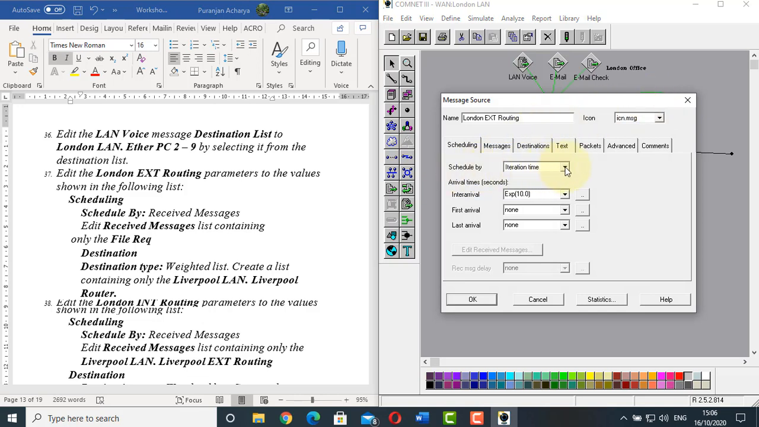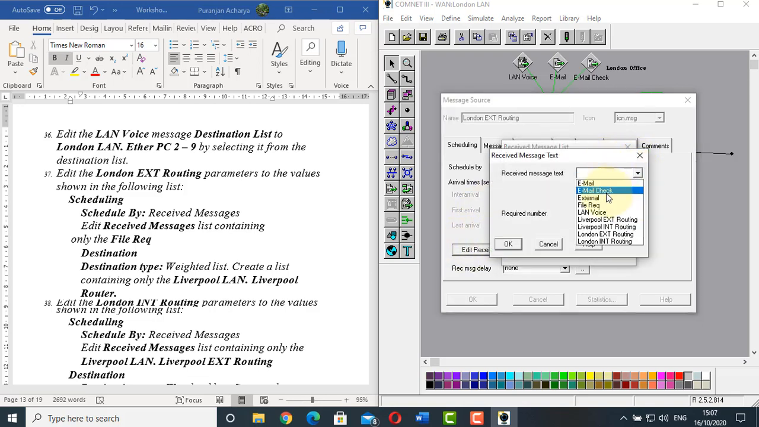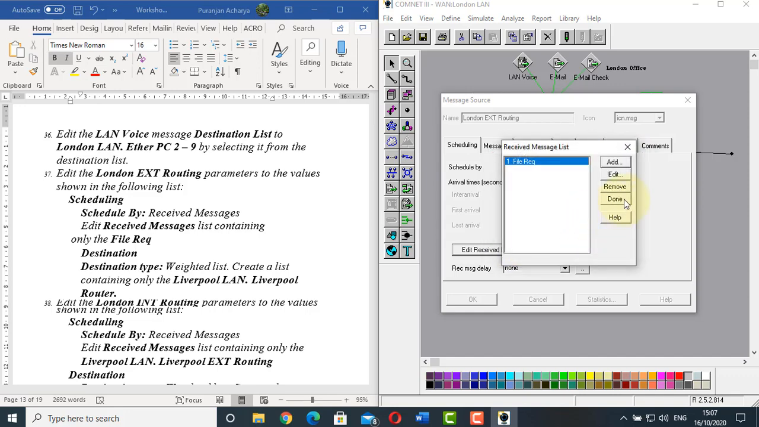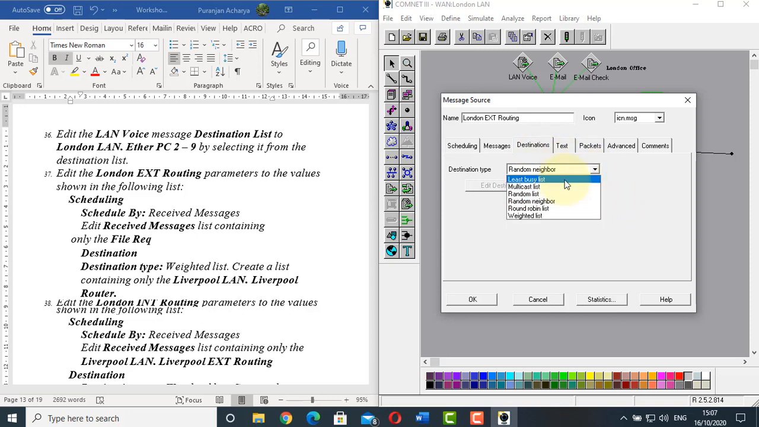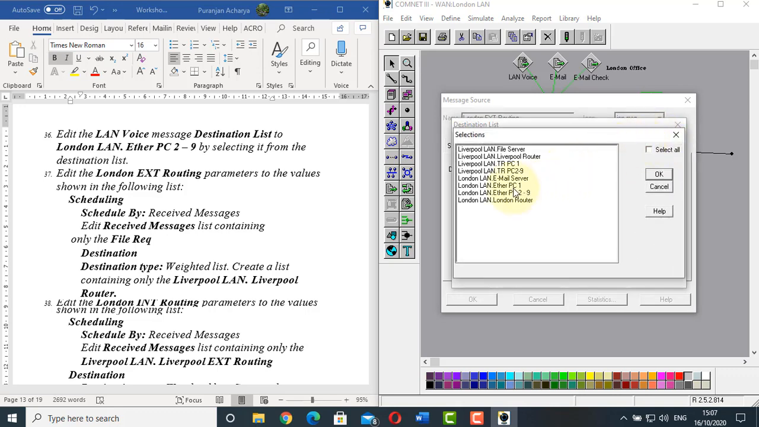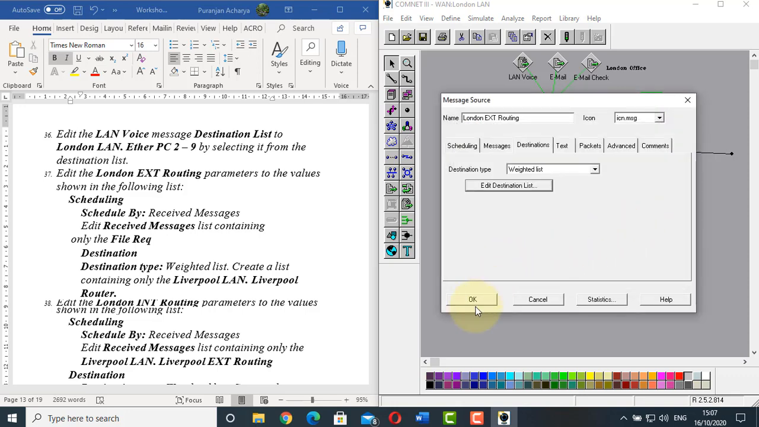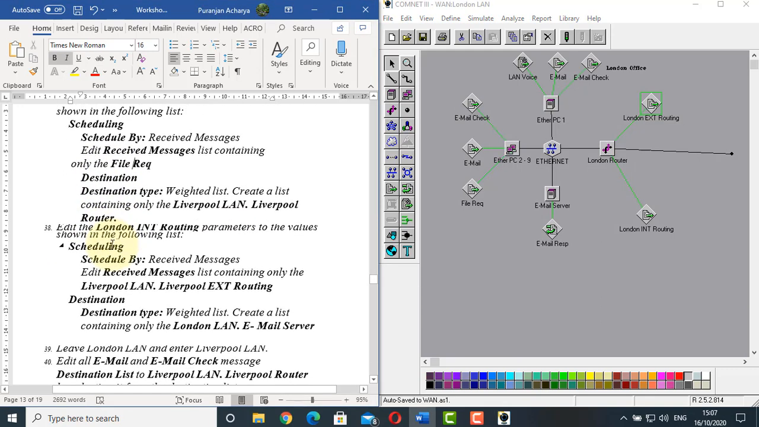Schedule by should be received message. Edit received message should be file request. And the destination should be waited list. Click on edit, add Liverpool LAN.Liverpool router. Okay, done. Okay. Now it's time to configure London INT routing, which is used for routing the incoming message to